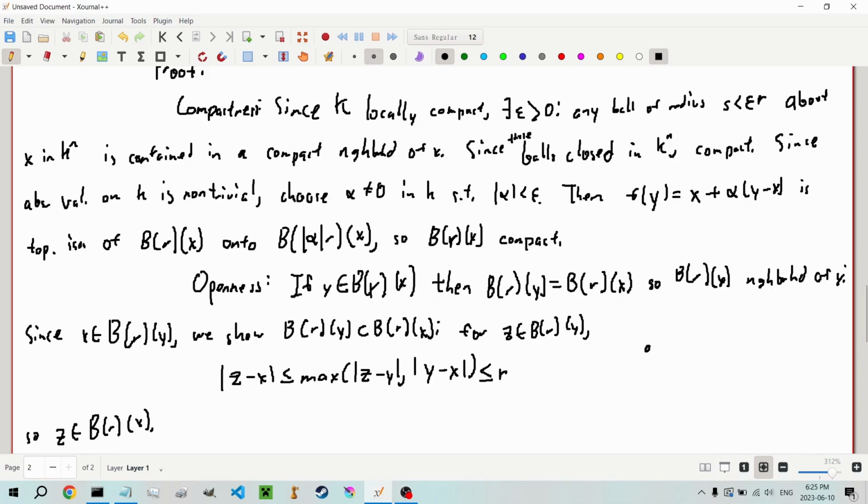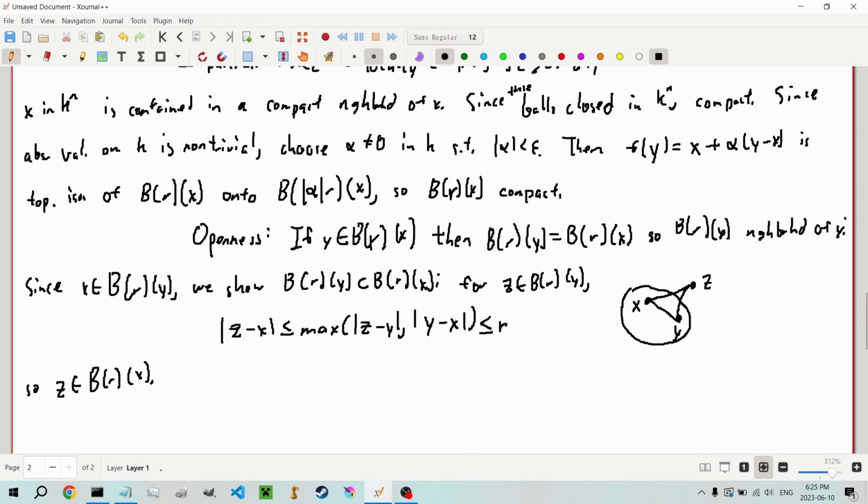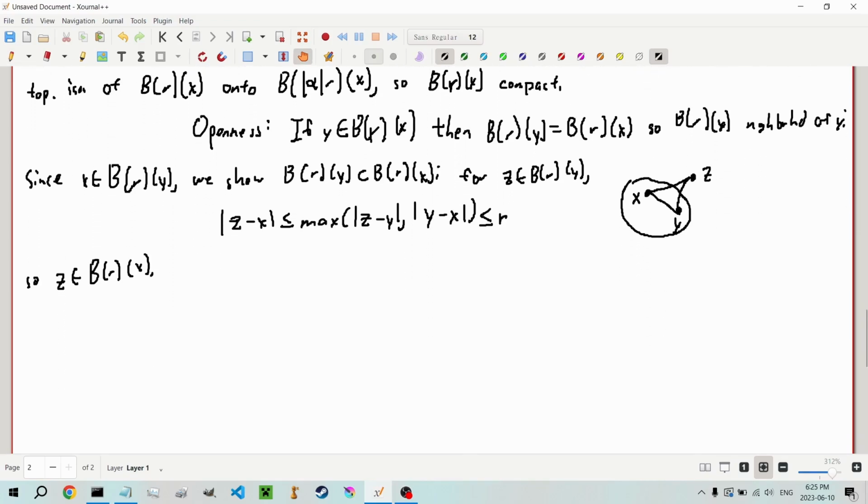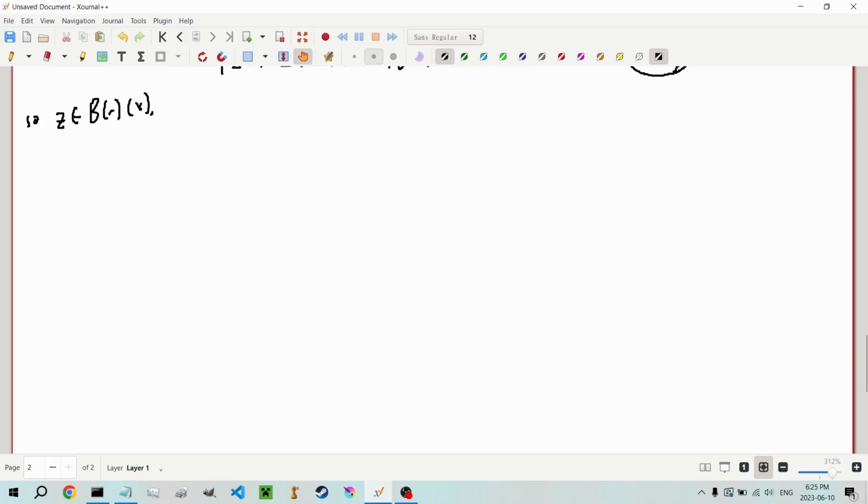And here we have the ultrametric inequality, of course. Essentially we have x and y. x is within a ball of radius r around y, and y is in a ball of radius r around x. The idea is the distance from z to x has to be smaller than one of these, so this point here has to be in both either way. That diagram is actually kind of not helpful, but whatever.